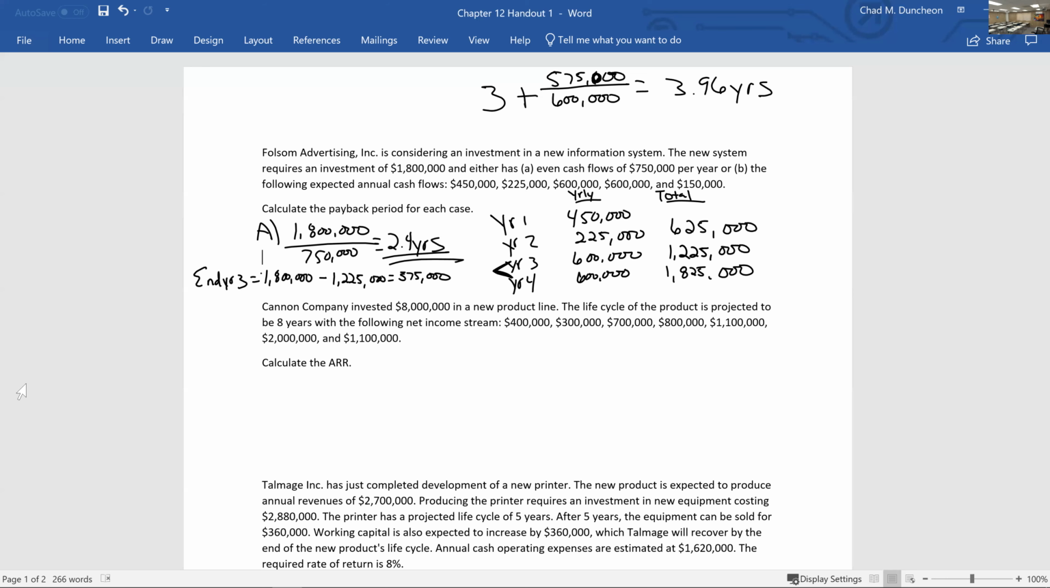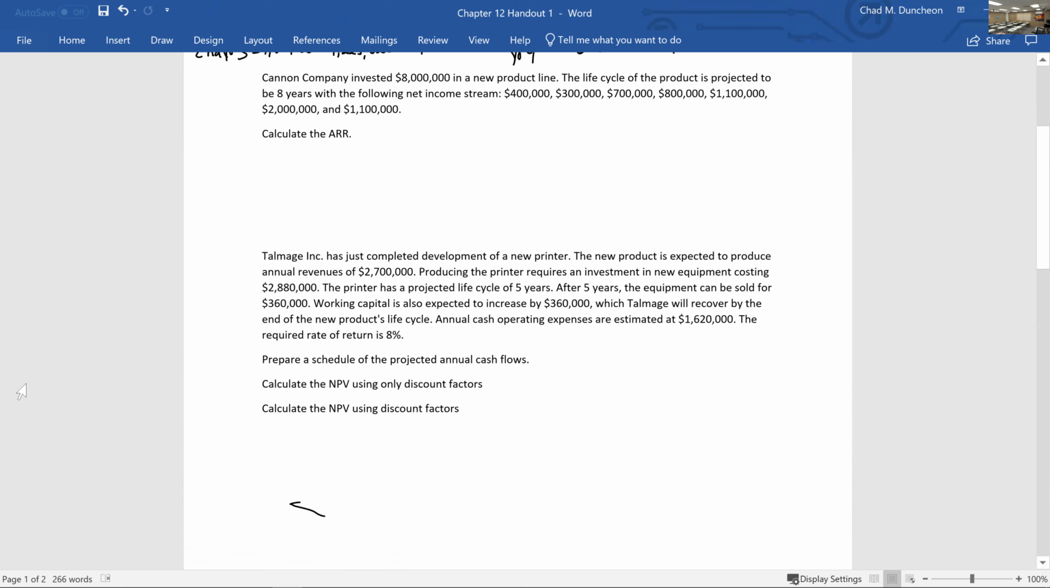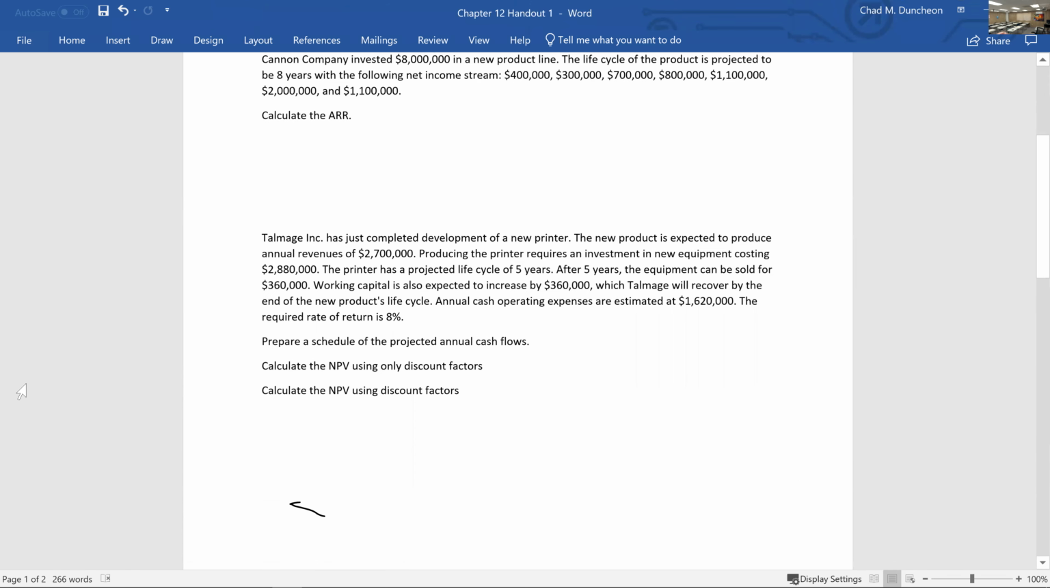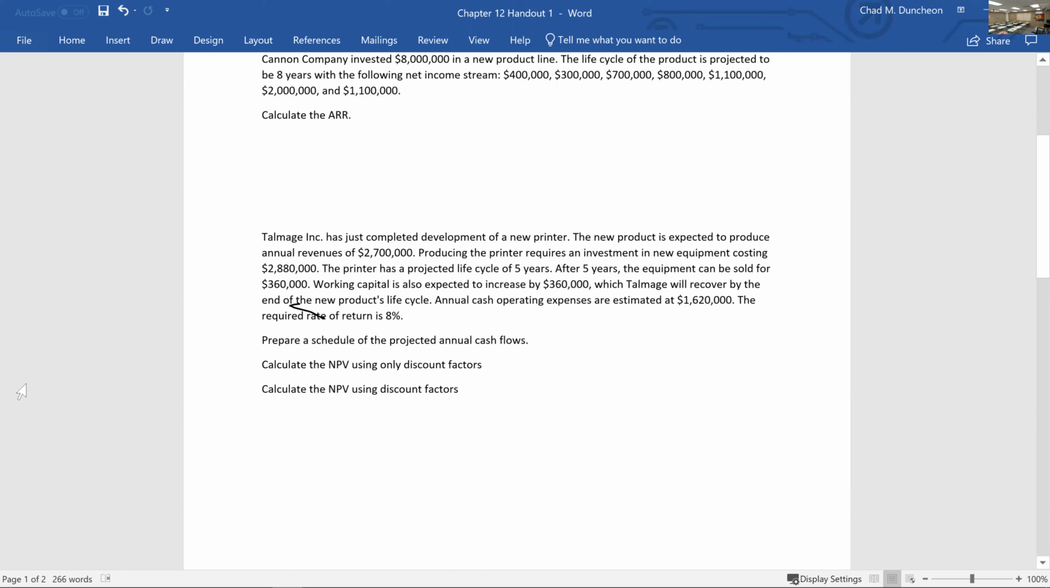Okay, next, let's calculate the ARR. So Kane and Company here invested $8 million in a new product line. The life cycle of the product line is projected to be 8 years with the following net income stream. This question is a little bit tricky for one reason. Because the first thing to calculate the ARR is net income divided by